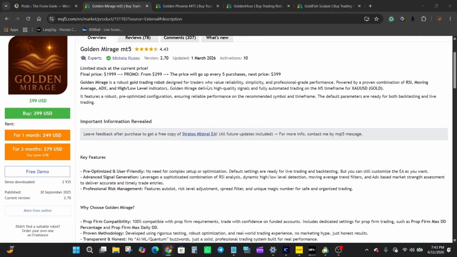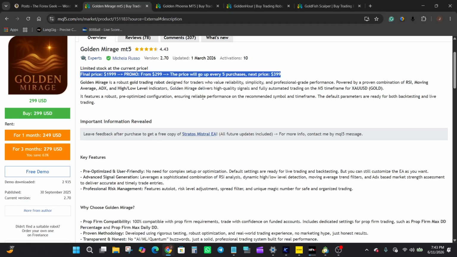Looking at the pricing information, the EA is available for purchase at $299 with rental options available for 1 month and 3 months as well. 1 month going for $249, 3 months going for $279. The developer also mentions that this is a promotional price and that the cost may increase after a certain number